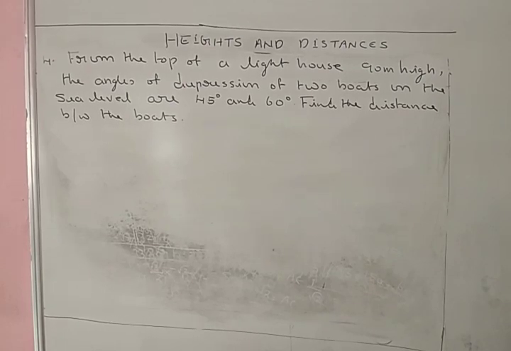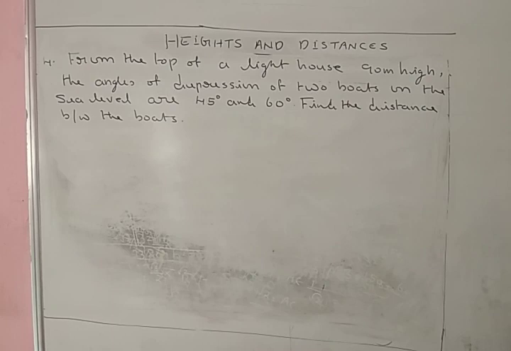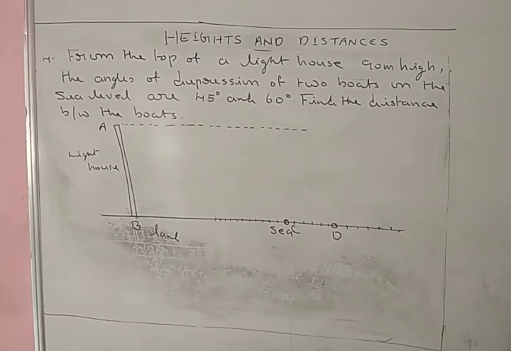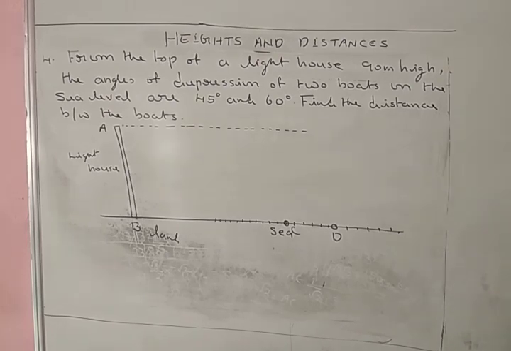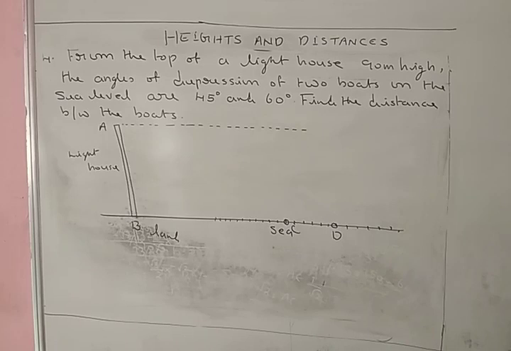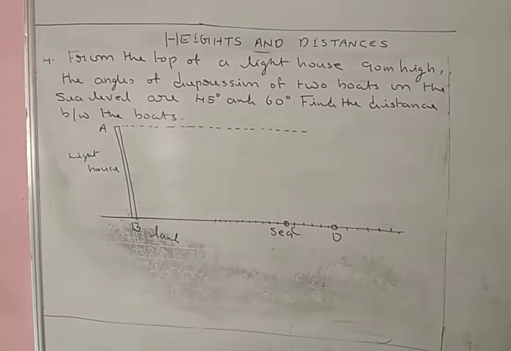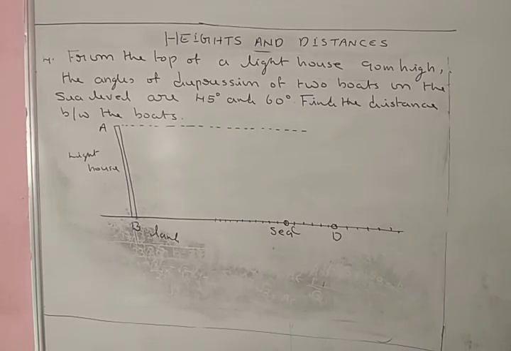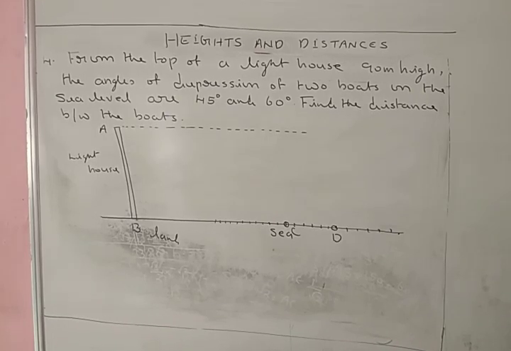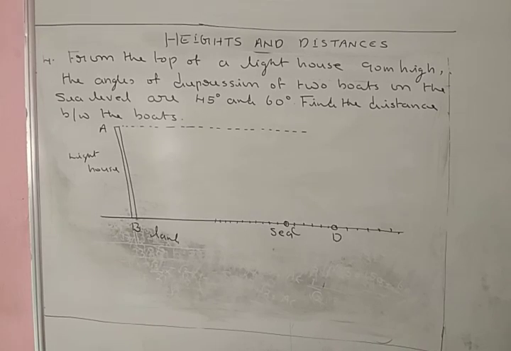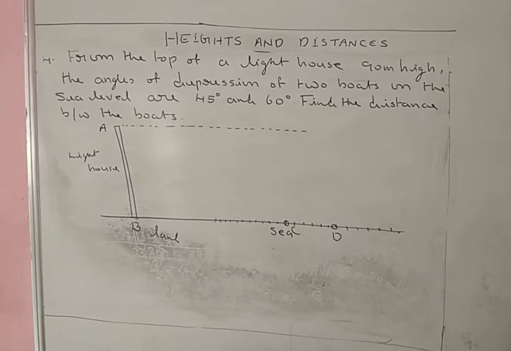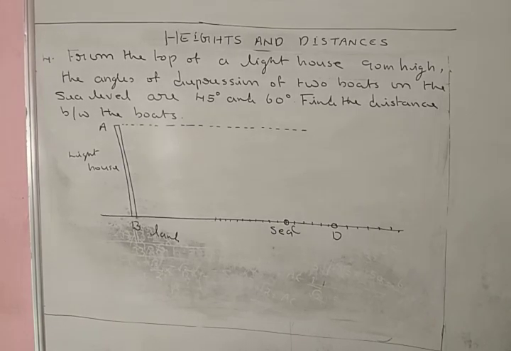First, we draw the figure. Let us convert this problem into a right triangle. Here, AB is the lighthouse and C and D are two boats. A man is standing on the top of the lighthouse, that is A. He watches these two boats. Then the angles of depression are 45 degrees and 60 degrees, that is given. His normal ray of vision is the dotted line. Then draw the angles of depression, that is the actual ray of vision.